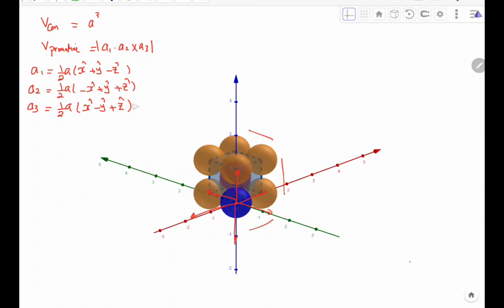When you multiply this using this rule here, you will find the volume of the primitive cell is equal to a cube